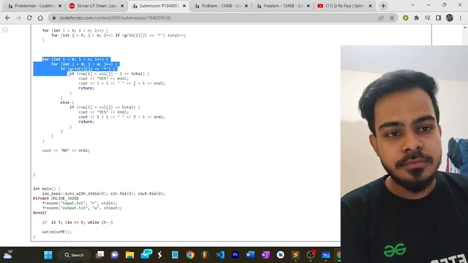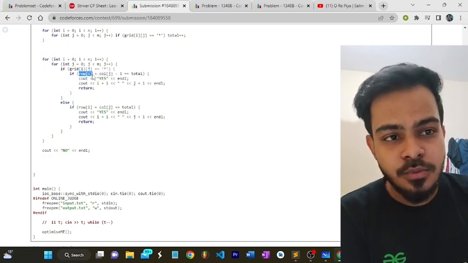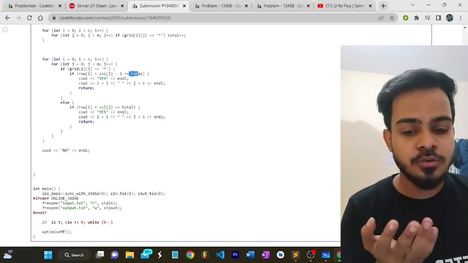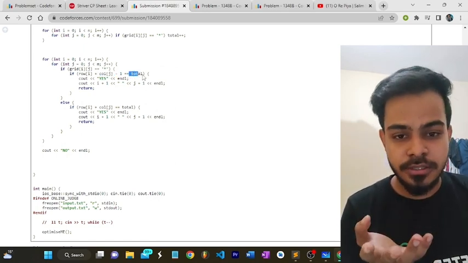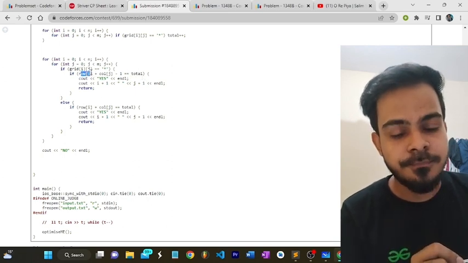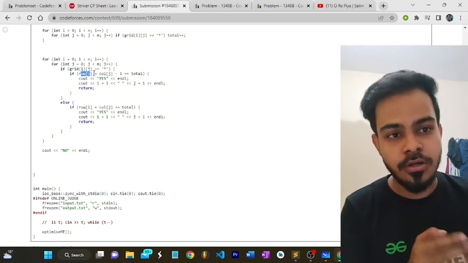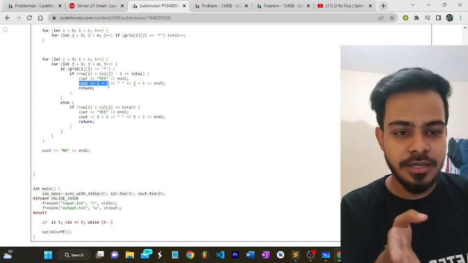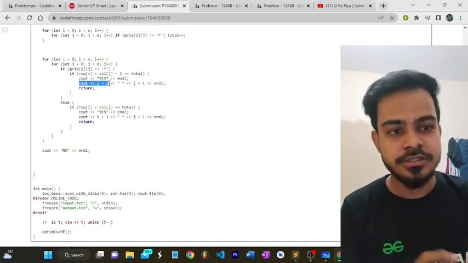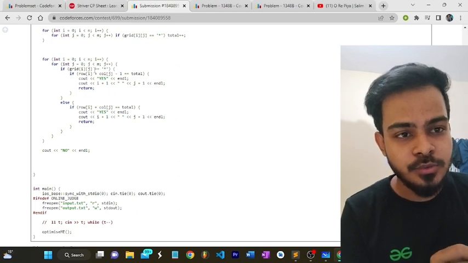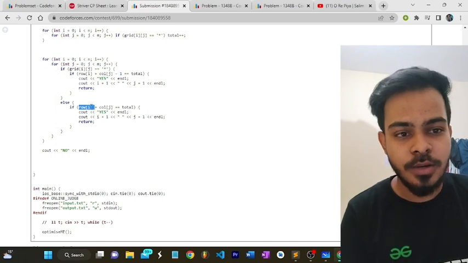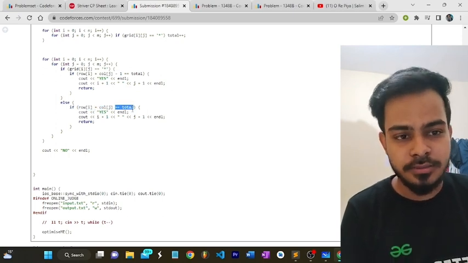So I will start traversing my grid and check whether all the houses present in the row and that column will be equal to total, meaning the total number of houses which were initially in the grid are equal to the number of houses in that row and that column or not. Okay. If the condition is satisfied, then print yes and return. Okay, and we are placing the bomb on that index which we are currently on, where our condition is satisfied. And if there is no house on the box on which we currently are, then we simply count the number of houses in the row and column, and if it is equal to total, then we have to print yes.